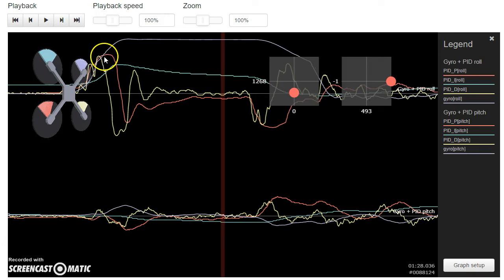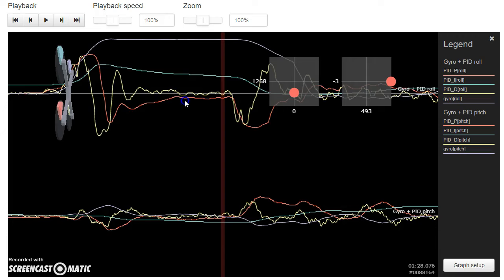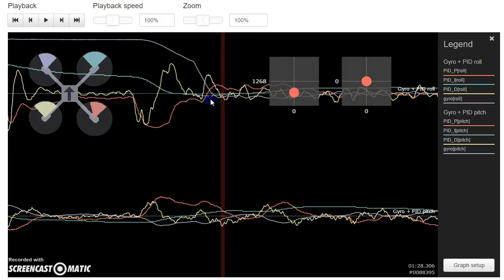Here is a roll to the side. This looks pretty good. We got a P term that pushes into the move, pushes in the same direction as the gyro, out of the move, that's normal, and then comes close to zero. This looks like a pretty good roll to me. At the end of the move,